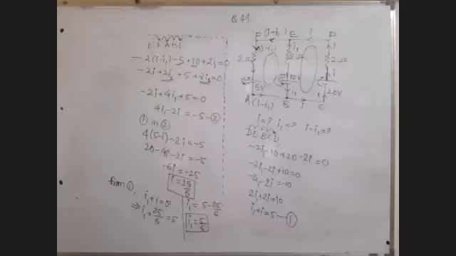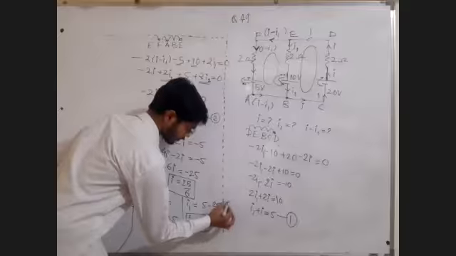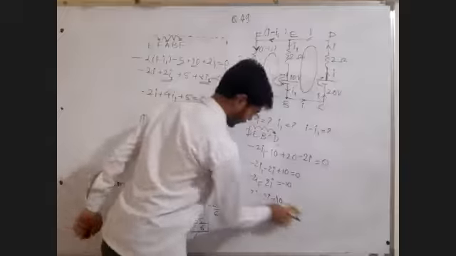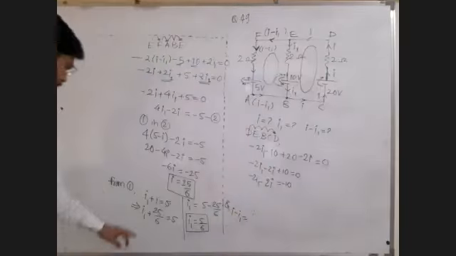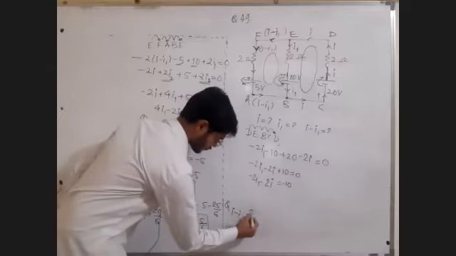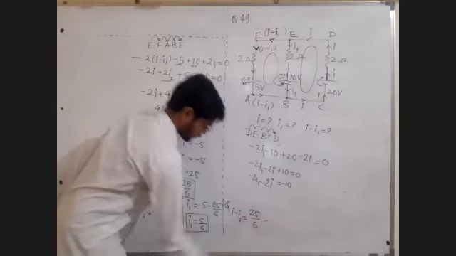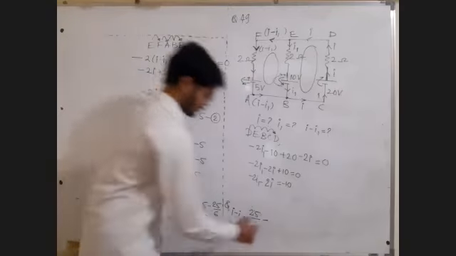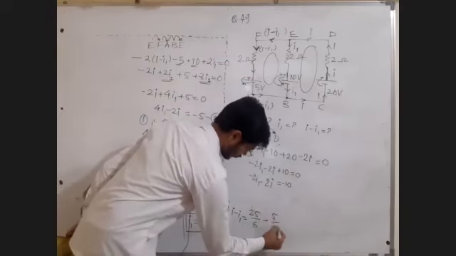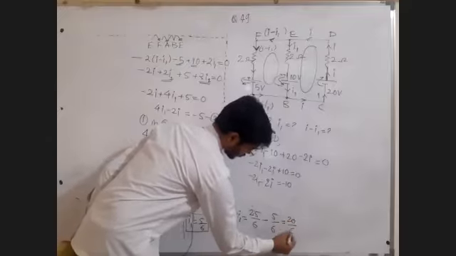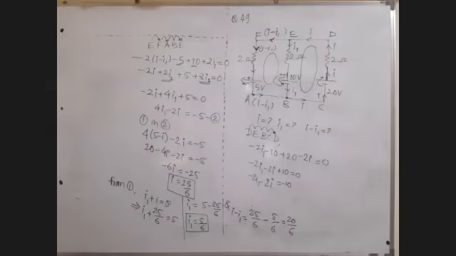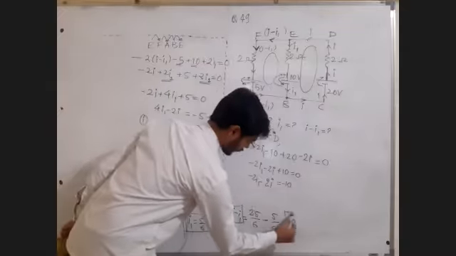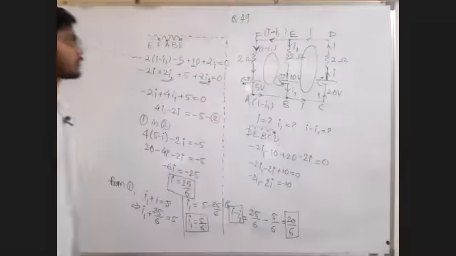What is I minus I1? Third thing that we want to find. I minus I1 is equal to I value, 25 upon 6, minus I1, which is 5 by 6. That is equal to 20 upon 6. So that's my value of I minus I1, which is equal to 20 upon 6.